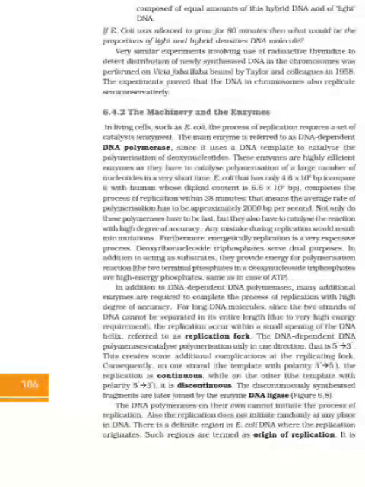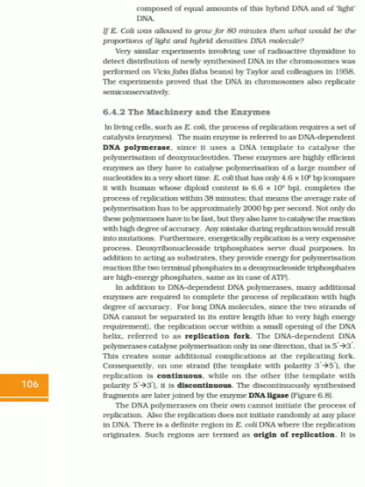Deoxyribonucleoside triphosphates serve dual purposes. In addition to acting as substrates, they provide energy for the polymerization reaction. The two terminal phosphates in a deoxynucleoside triphosphate are high energy phosphates, same as in the case of ATP. In addition to DNA-dependent DNA polymerases, many additional enzymes are required to complete the process of replication with a high degree of accuracy. For long DNA molecules, since the two strands of DNA cannot be separated in their entire length